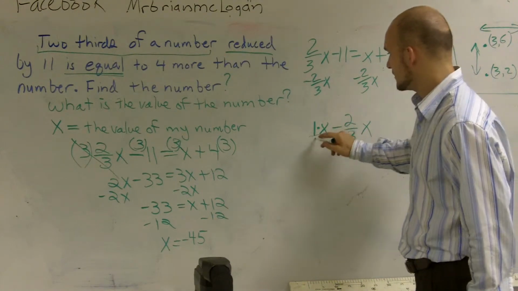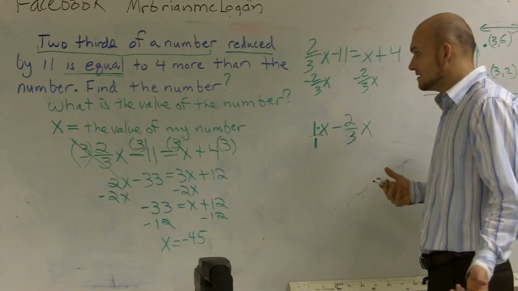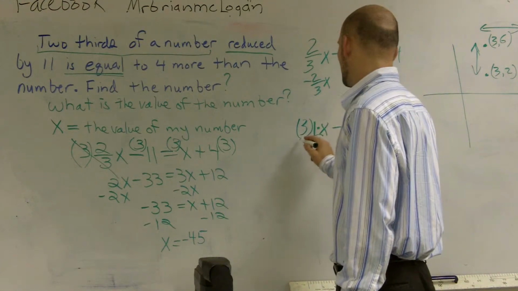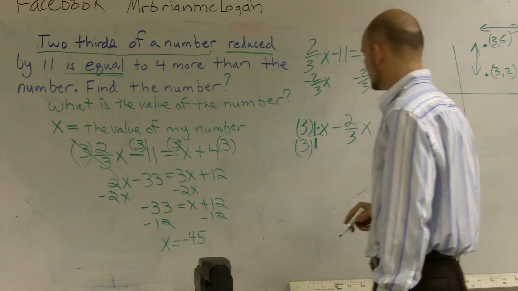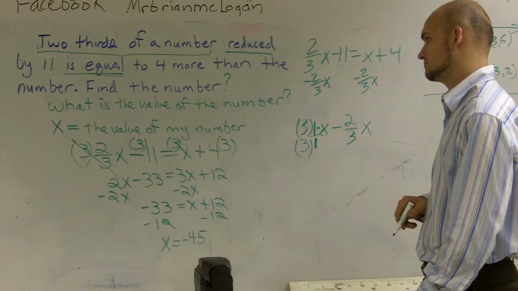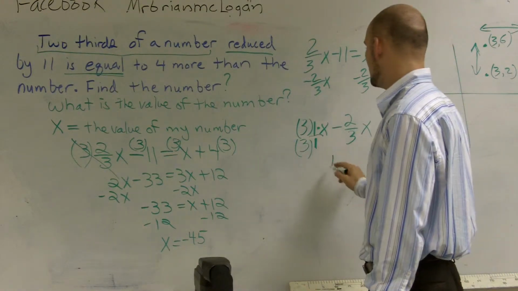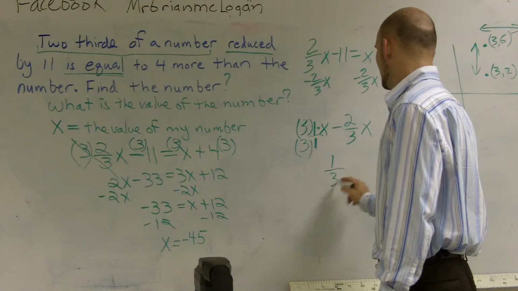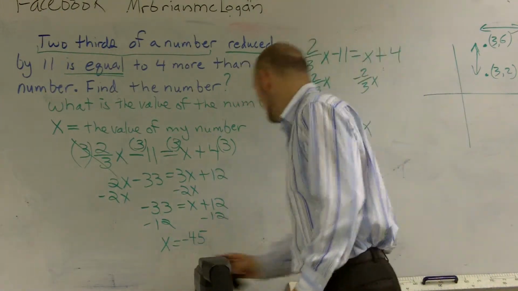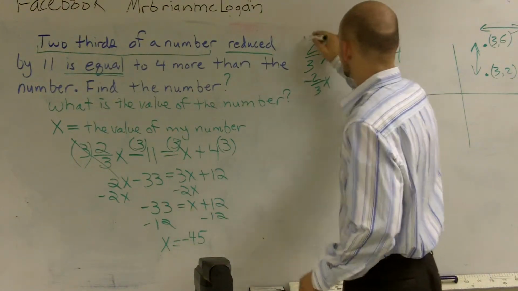And now I can put that as 1/1. Well, to get these to be the same, you have to get the same denominator. So I'm going to have to multiply by 3/3. And 3 minus 2 is going to give me 1/3 x. So I'm left with 1/3 x. So I put that back in my problem. So that canceled out to a -11